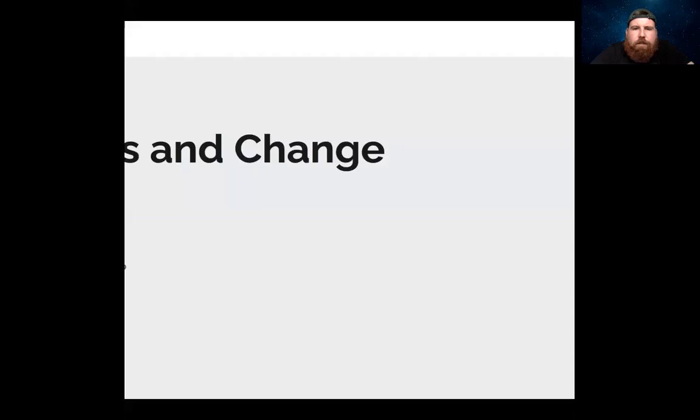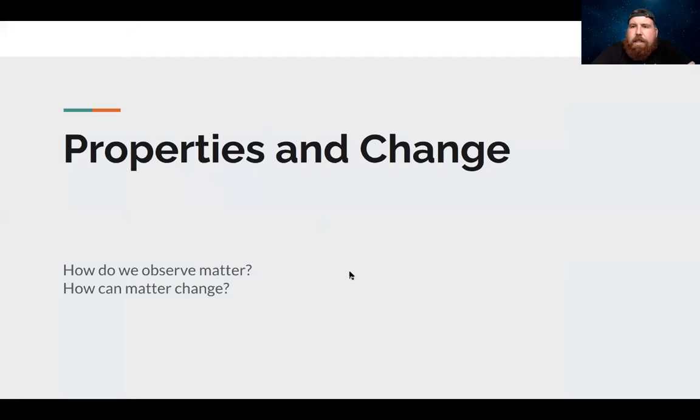Hey everyone, today we're going to be looking at properties and changes in the world of chemistry. Remember that chemistry is the study of matter and the changes that matter undergoes. So, in order for us to actually study this, we have to have a good grasp on the different types of properties of matter that we can study, along with the different types of changes that matter can undergo. So, really, how do we observe matter and how can matter change is what we're going to be looking at